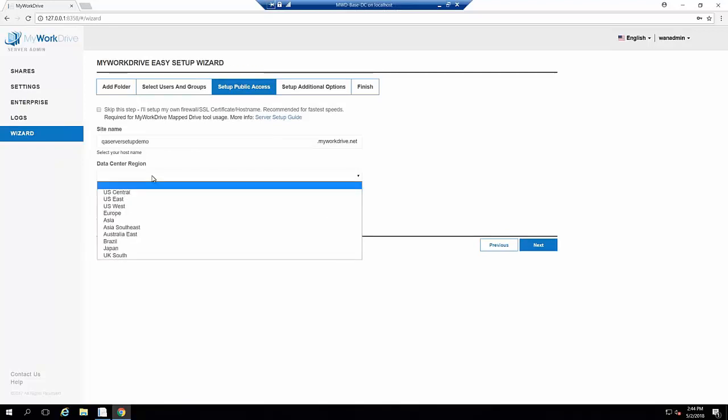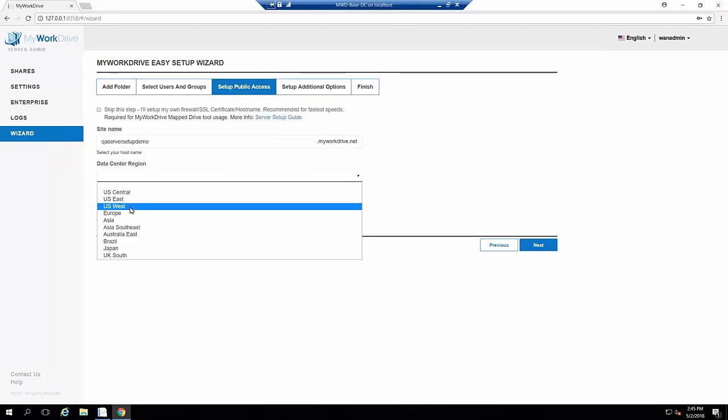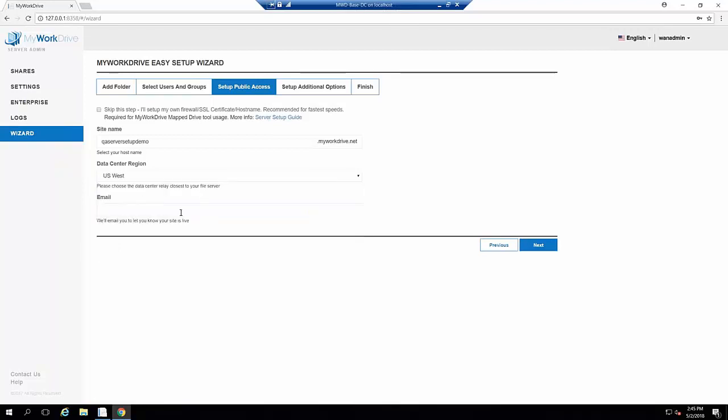Then I'm going to choose the data center closest to us, so that'll pick what relay to run this through. We're over here on the West Coast, and I'll just put an email address in here. Then I'll be notified when it's ready to go. It only takes a few minutes actually. What will end up happening is I'll get an email, and I'll be able to immediately start testing the client side of this